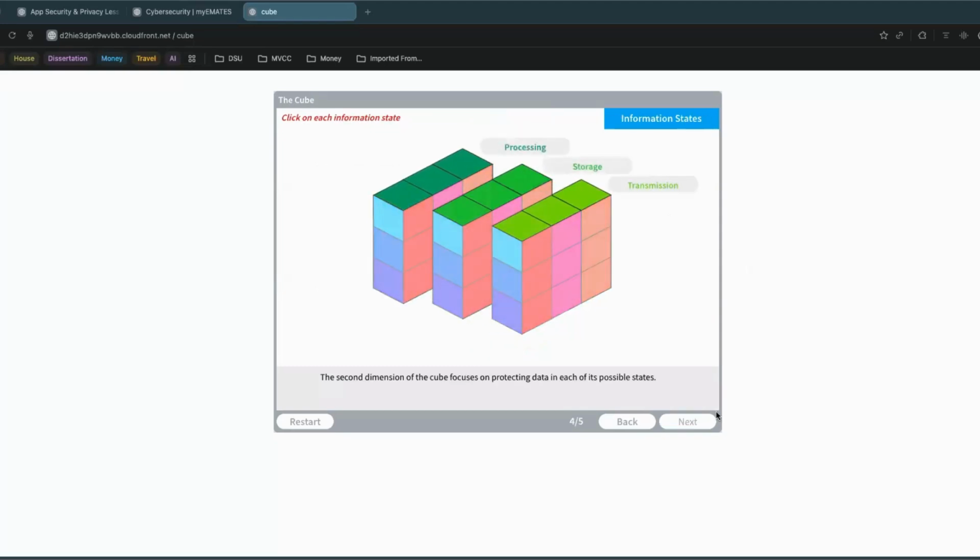Now that, of course, is not happening in a vacuum, right? You are talking about the data that are either processed, so you are in some way, shape, or form manipulating them. You are computing some values off of the data. They can be in storage, so they can be sitting on USBs, hard drives and SSDs and servers, wherever. Or they can be in transmission. Of course, they may be somewhere on the network, traversing the network from your laptop to the server, or from the data center to your customer's phone